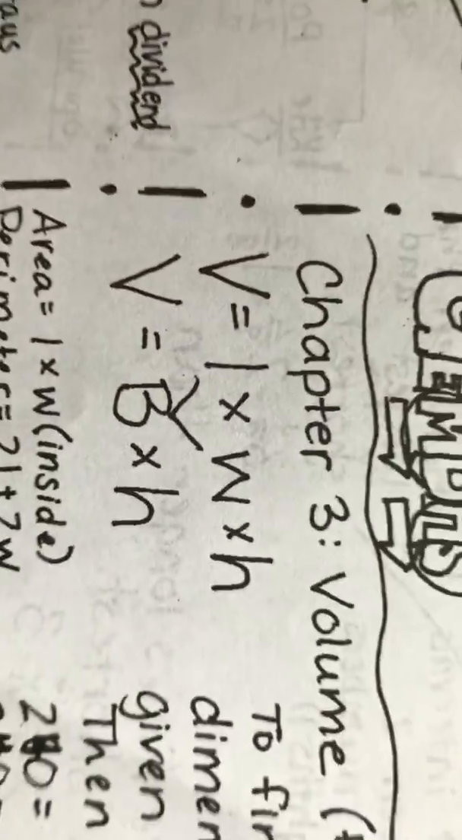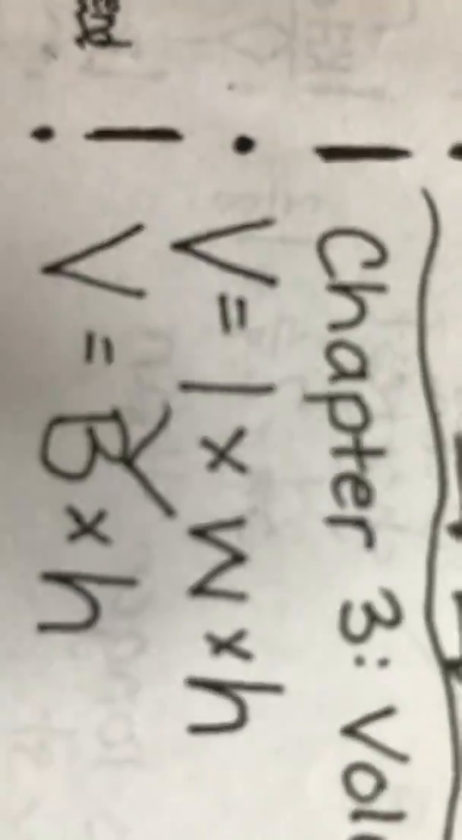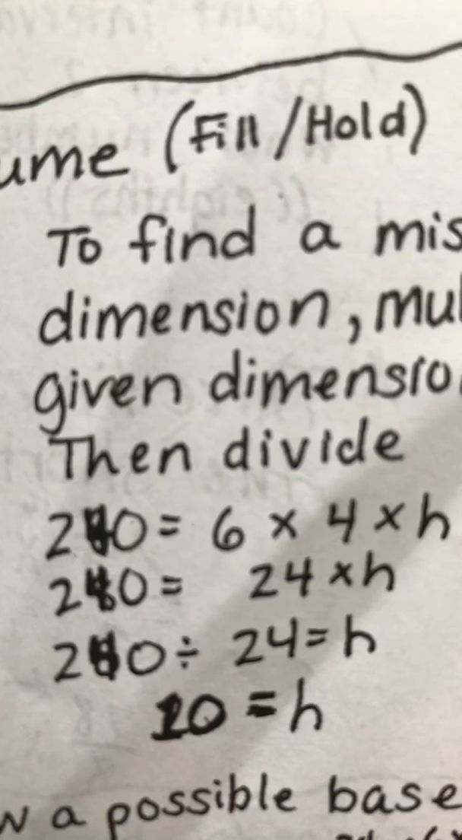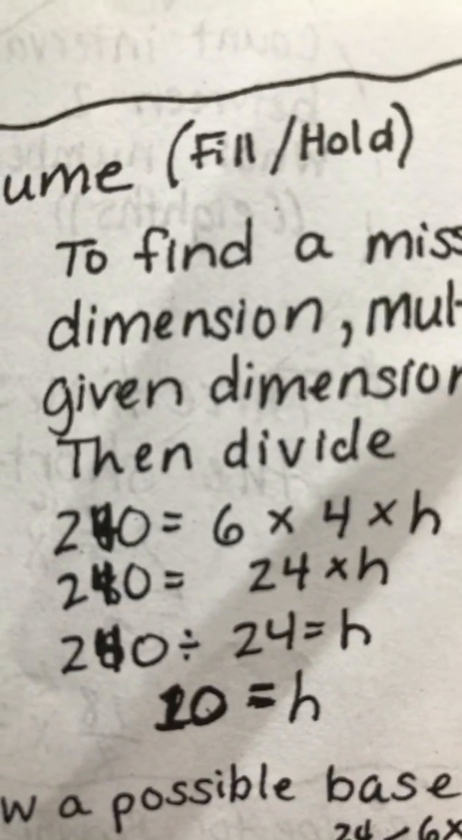Length times width times height, or base times height. Remember that base is what you get when you multiply your length and your width. If you have to find a missing dimension in situations of volume, multiply the 2 dimensions that you're given and then divide. So in this instance, if I know that my length and my width are 6 and 4, multiply